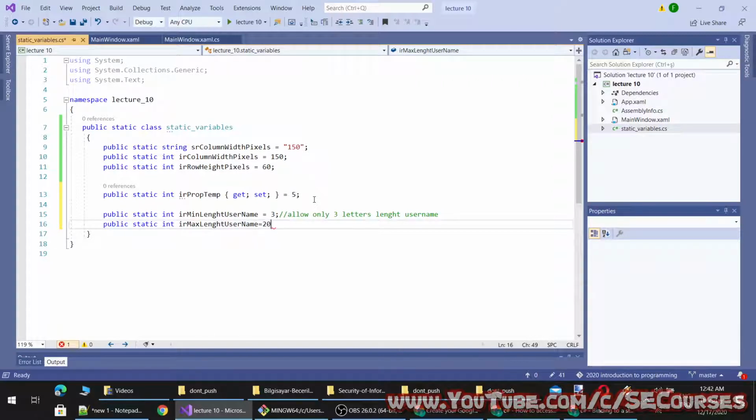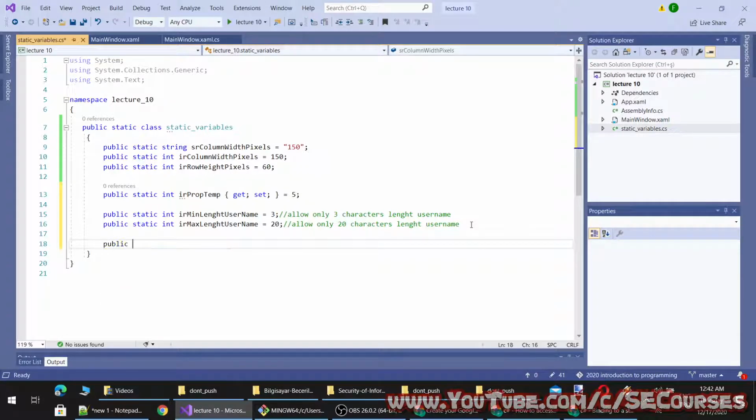This will be 20 characters. These are the comments I am making in case someone else or I read my code later. So this is the length check of the username.